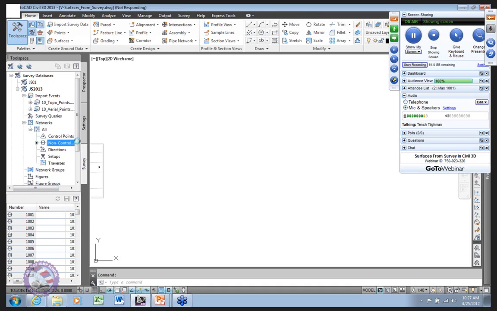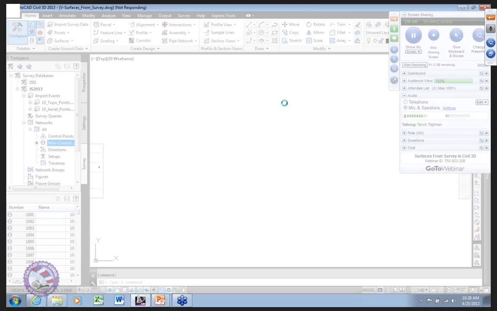I didn't generate figures. Well, why not? Well, I probably should have generated figures. I wanted to show you that you have the option of not generating the figures. That could be useful. I now have nothing but points, and what I like to do, now let's go back